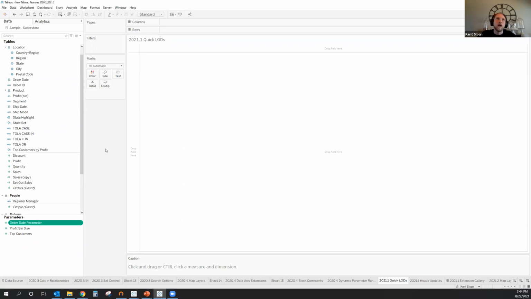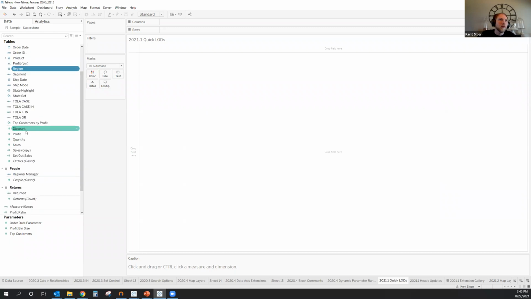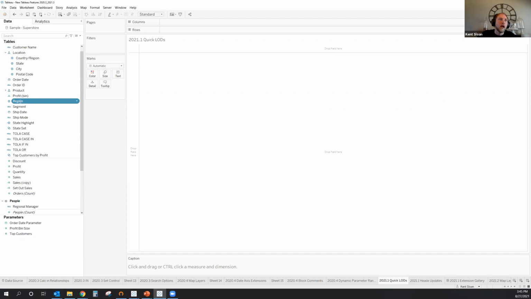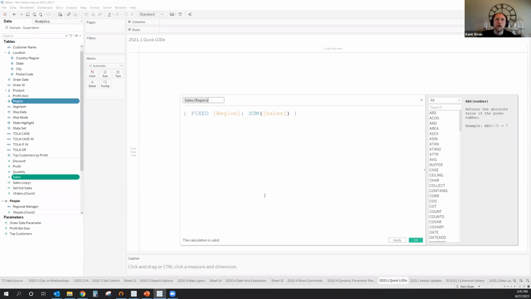The alternative now way to do that, one, I could click and drag region onto sales. And that should be one way to do it, but I don't like it because it doesn't work consistently for me. Or the actual way that I could get it to work is holding control, select both of these. Once I have a dimension and a measure selected, then I can right click, and underneath create, we now have the option of LOD. When I select that, that then populates this LOD calculation for me.